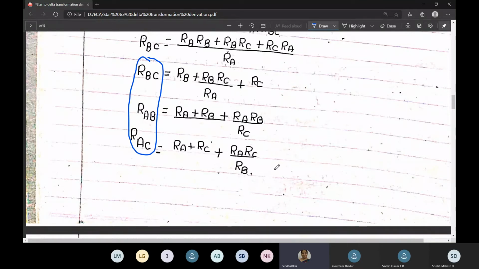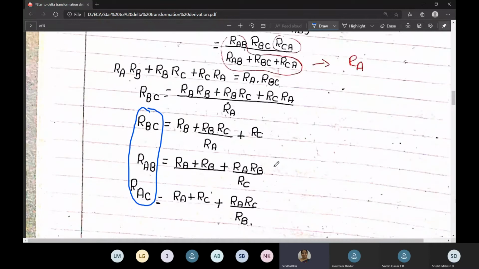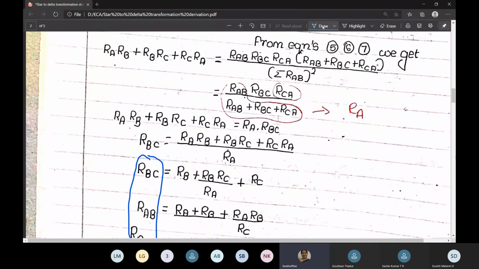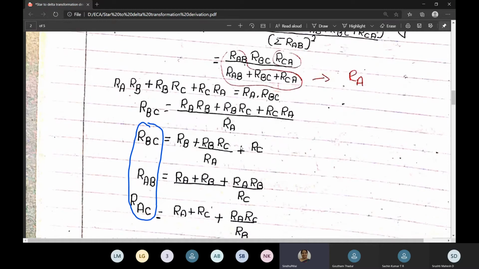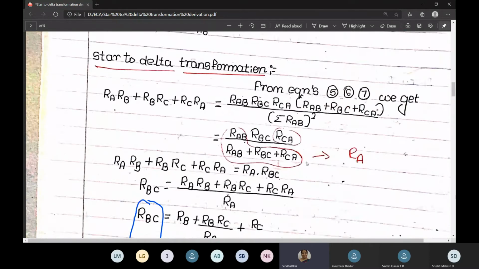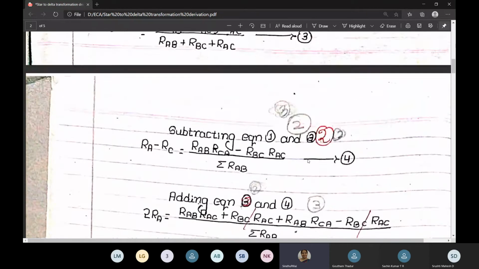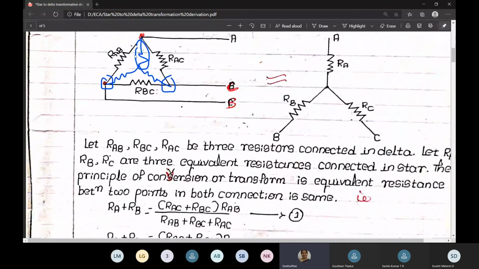So this is how the transformation is done from star to delta and delta to star. This is the derivation. You have to remember these equations. Derivation is important. These equations are required to solve the problems. So first, whenever they give star or delta, you have to just write down with a pencil. This delta should be converted to star. You have to mention that in star. And when star is converted to delta, that also you should show. I will show you one branch of delta.